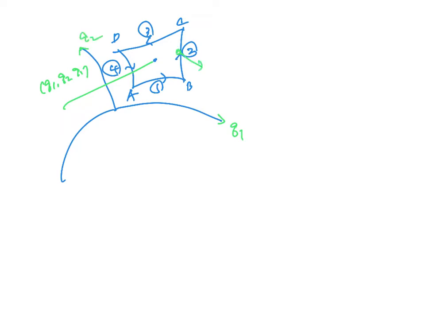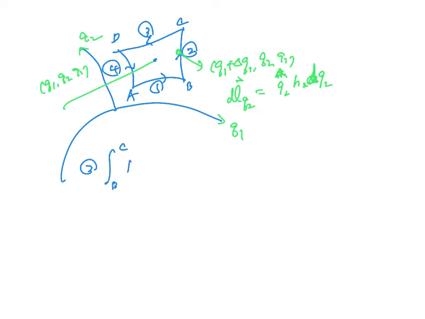Now here, we have Q1 plus delta Q1, Q2, Q3, right? And along this direction, dl Q2 is Q2 H2 delta Q2. Actually dq2. So this line integral B to C F dl is,